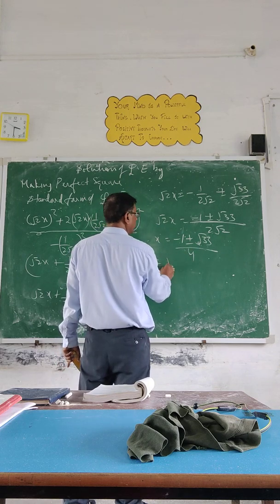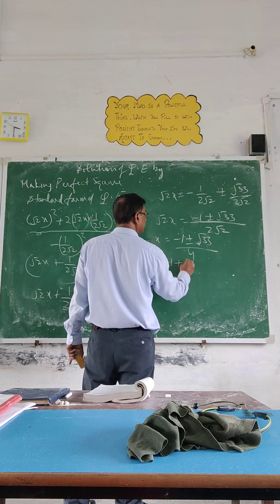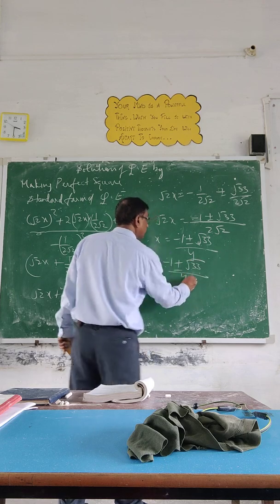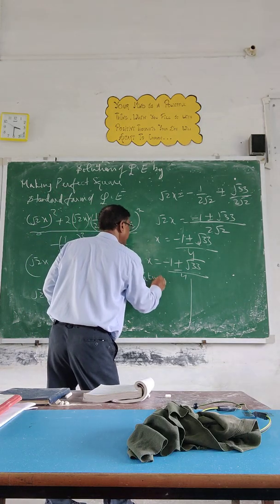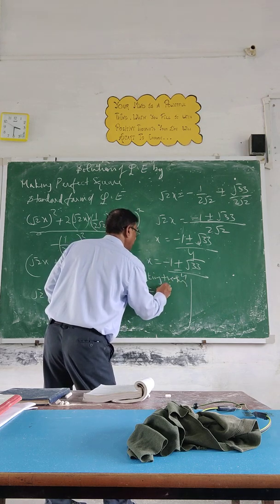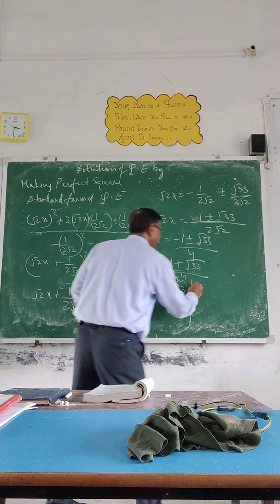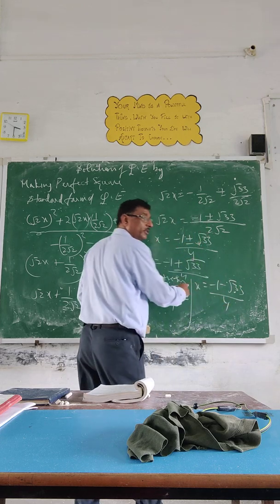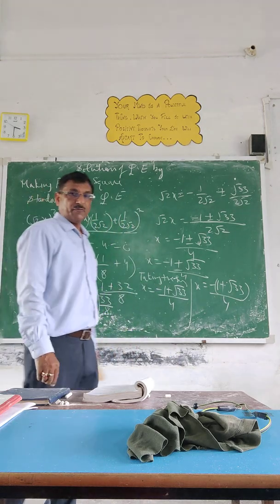So the value of x is what? You will get two different values. Root 33, you put one value, plus minus root 33 upon 4. Okay. So we have divided this whole part into two parts, taking the positive sign. So we will get x equal to minus 1 plus under root 33 upon 4, and here we get x equal to minus 1 minus under root 33 upon 4. You can take the minus common, so you get plus in the bracket. So these two values you are getting with this method.